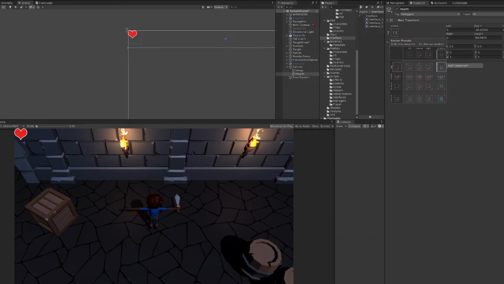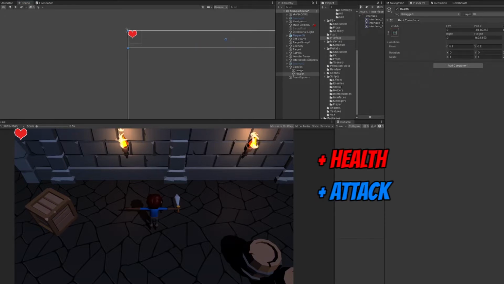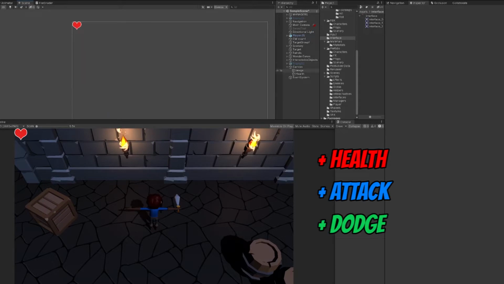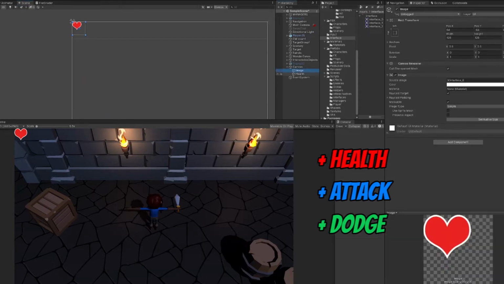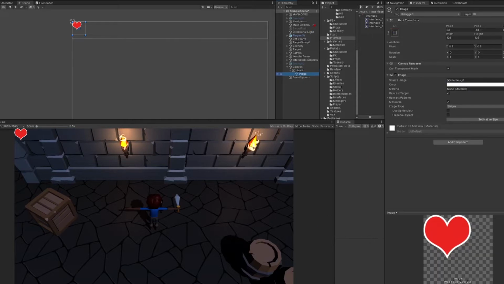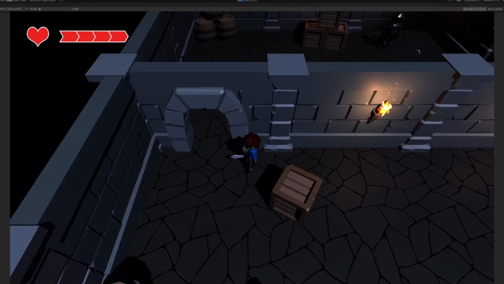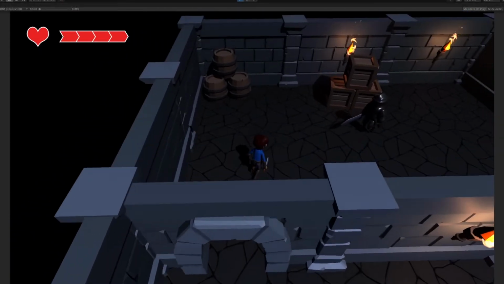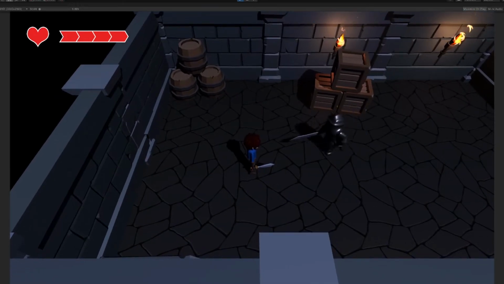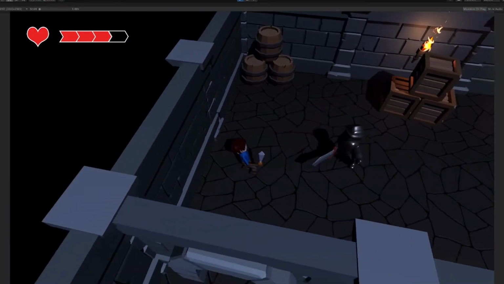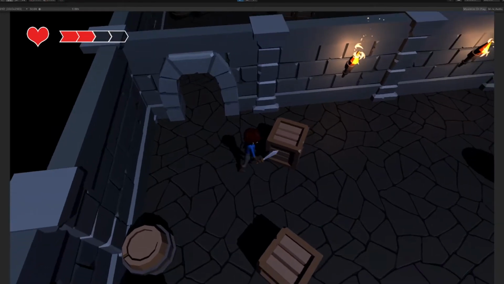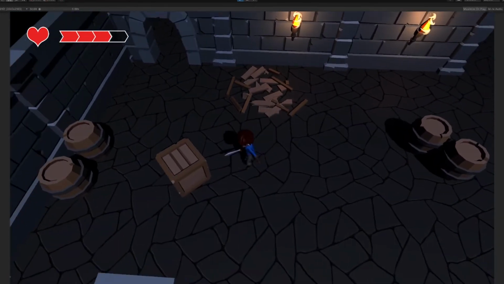The idea is to be able to increment health, attack and dodge mechanics by gaining experience points, so that the game is really an action RPG. For that, I implemented a dynamic interface that will reflect how much health the player has, and when the player gets hurt, one health image is depleted. The same happens when healing oneself, the interface will reflect that.